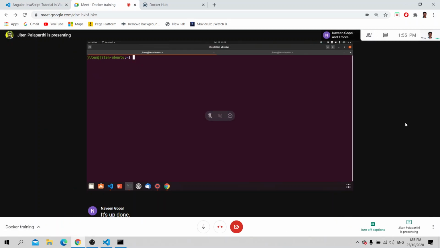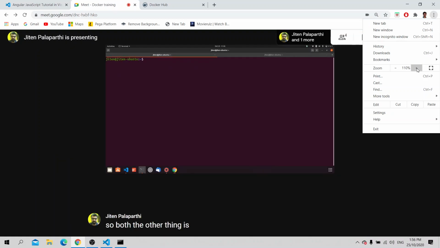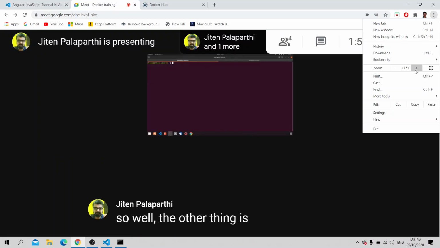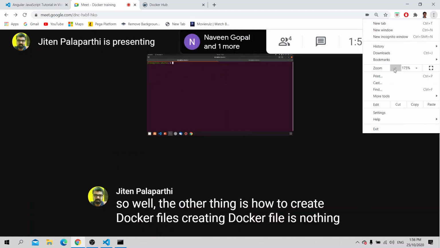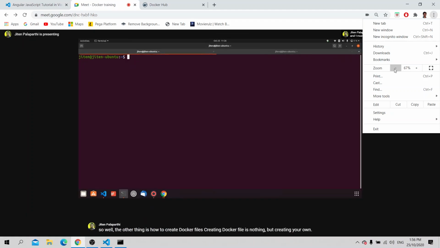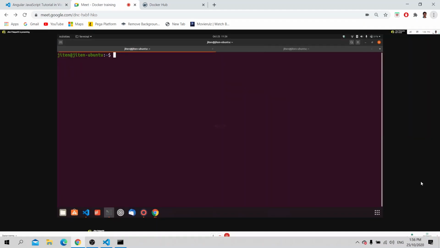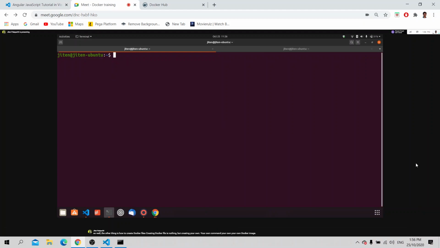So now the other thing is how to create Docker files. Creating Docker files is nothing but creating your own Docker image.